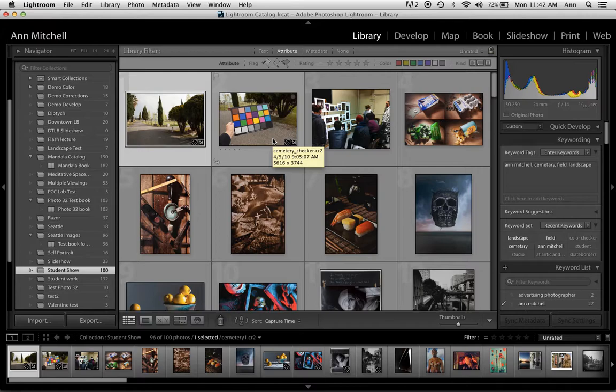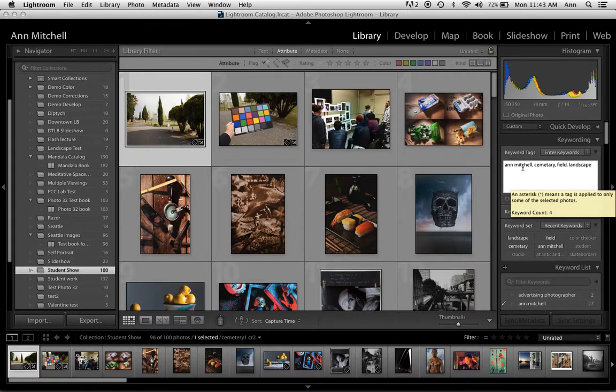The first thing I do is keywords, and for those, you select the images that you want, and then you enter the keywords. So, for example, this image here has a set of keywords already in it, since I've already done this, and you would put in as many as are needed. I do have other videos that go over that process.